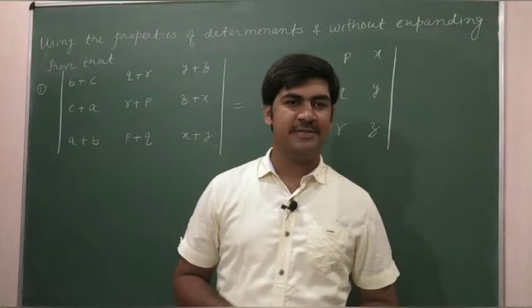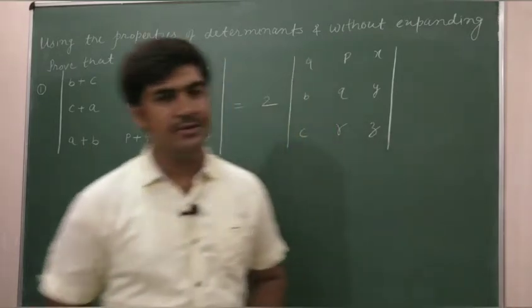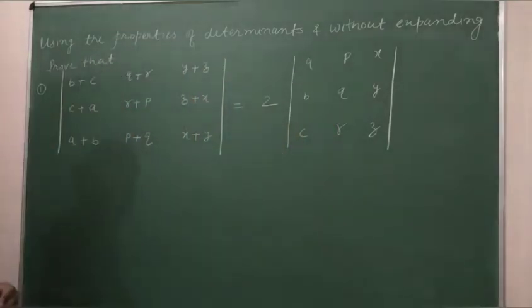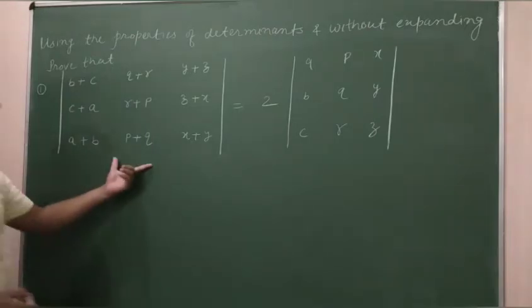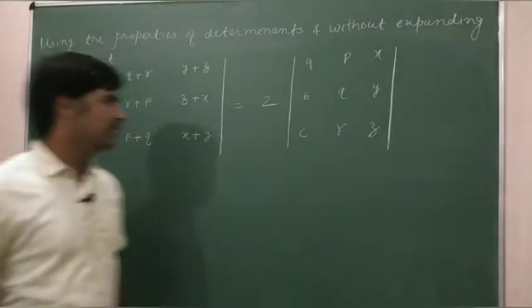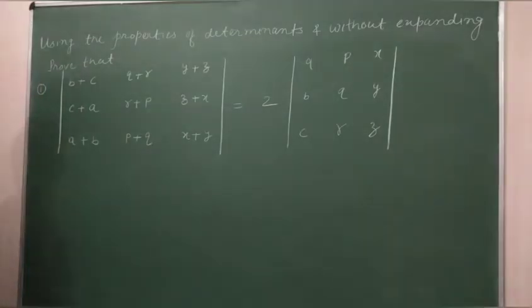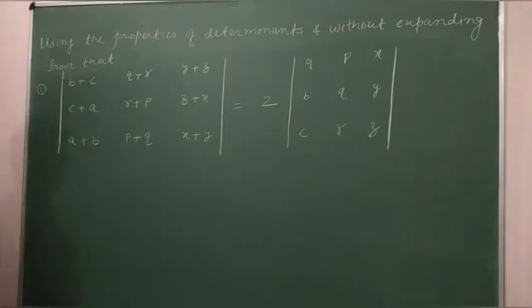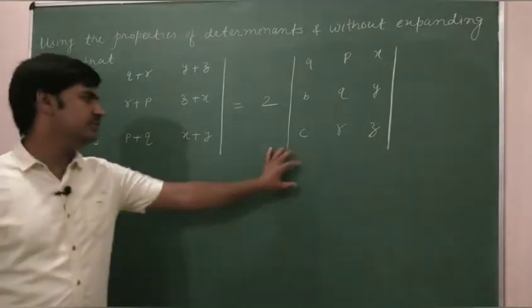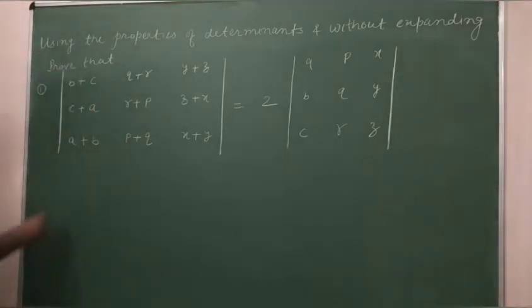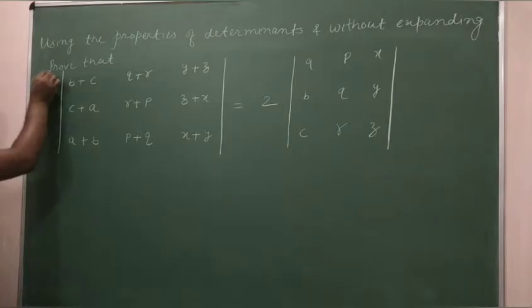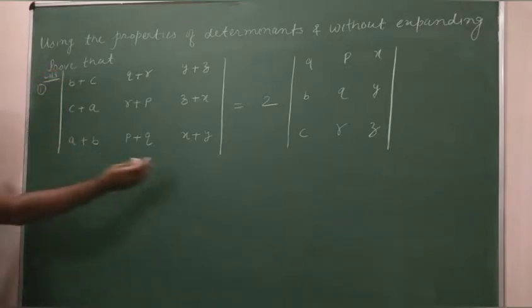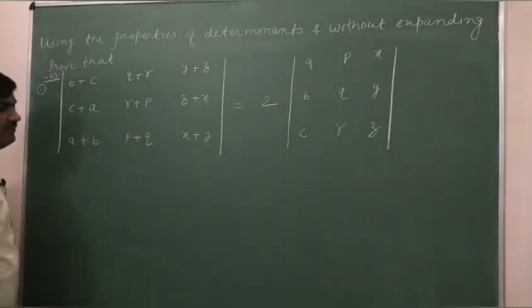पिछले 3 वीडियोस से हम प्रॉपर्टीज़ ऑफ डिटर्मिनेंट्स पे एग्जांपल लेते आ रहे हैं और आज के वीडियो में हमने जो एग्जांपल लिया है वो ये है कि इस डिटर्मिनेंट को हमें twice of ये डिटर्मिनेंट prove करना है। So students will be taking what is available in LHS first, and then we'll simplify it using properties and we'll prove it equal to this particular determinant. So what I am doing is I am taking first of all LHS, and what is LHS? This particular determinant, and I am finding the value of this particular determinant.